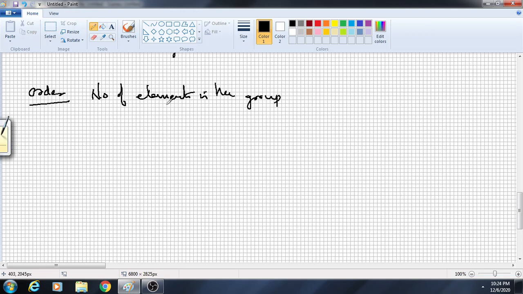And the second one is, how do you define it? Suppose G is generated by some a. Suppose G is cyclic and it is finite. So what is the order of G? It is the smallest positive integer n with the property that a raised to n is equal to e. I am taking the positive integer because a raised to 0 is always e. So this is the second characterization.